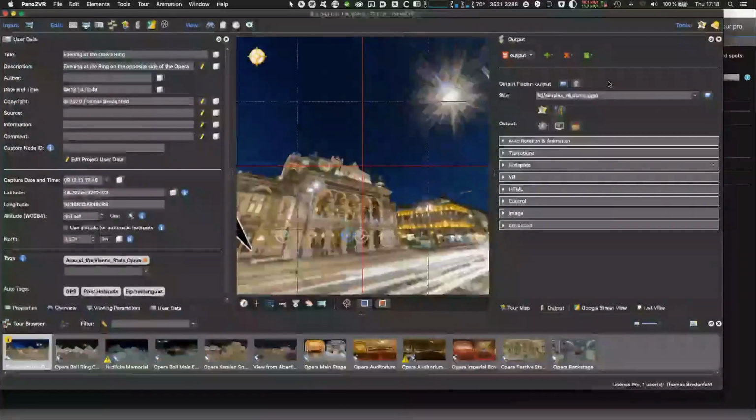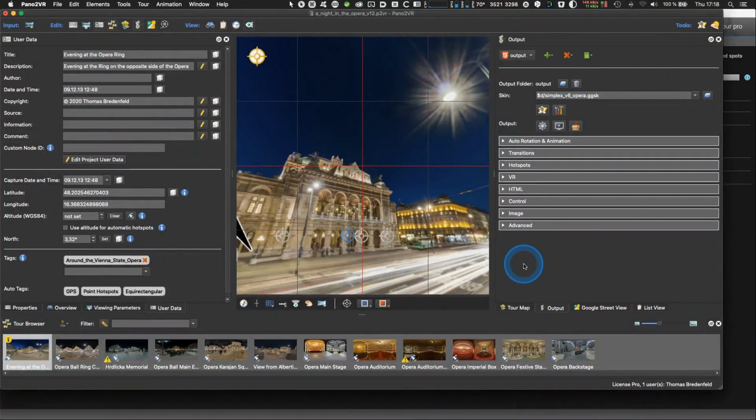And when I'm going back to Pano2VR, these group names are imported as tags. And you can add a tag to every panorama, as much as you like. As you can add colors to them, and you see these around the operas are the yellow ones, or let's